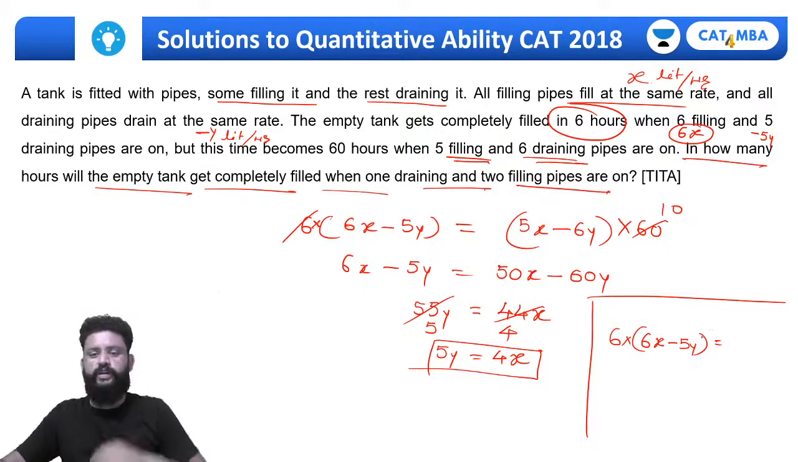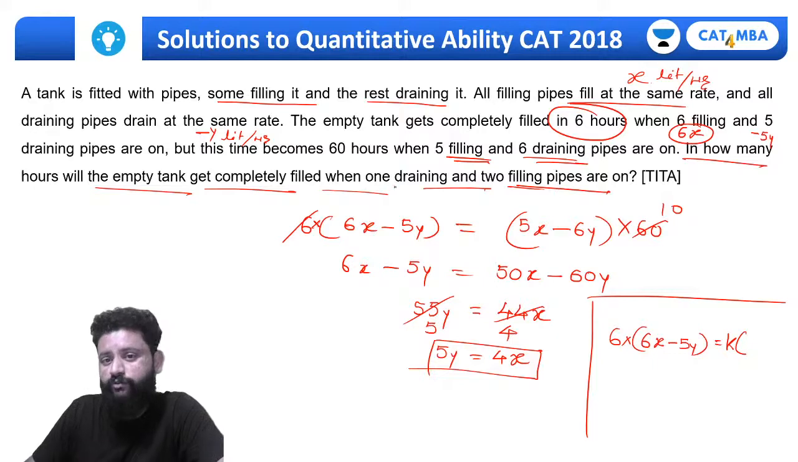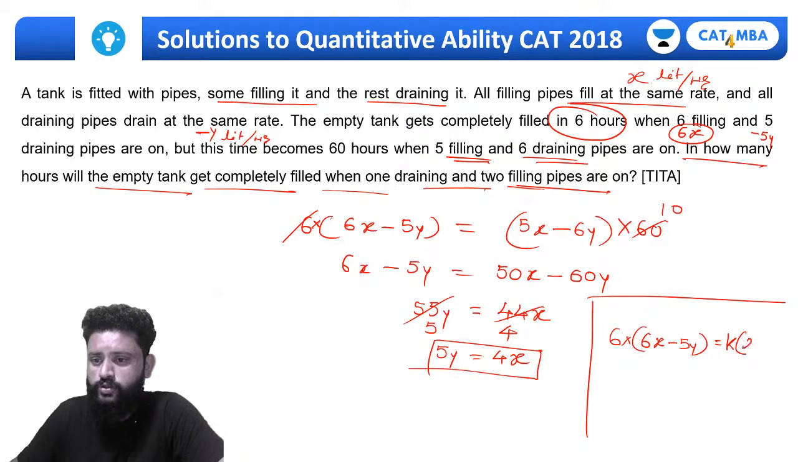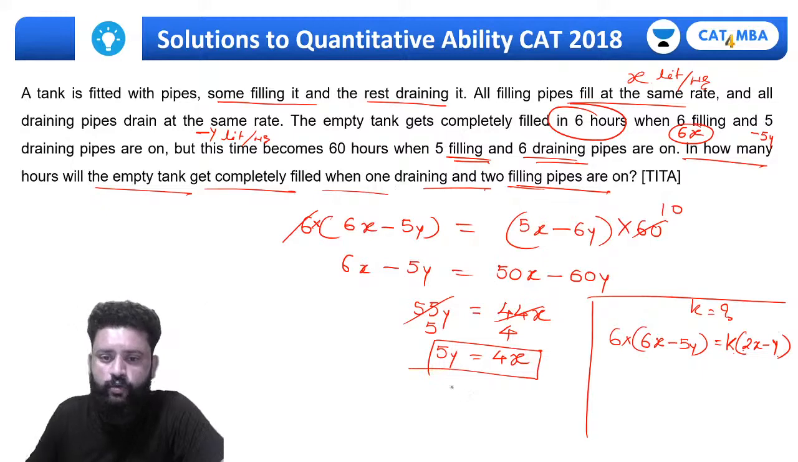Again, this must be equal to, we don't know how much time it will take, so let's say it takes k hours to fill the tank completely when it is completely empty, when two filling pipes and one draining pipe are open. That is 2x minus y. 2 pipe fill कर रहे हैं, एक drain कर रहे हैं, तो k hours लगते हैं. We are supposed to find the value of k. That is our question. Okay, so we know y is equal to 4 by 5x,